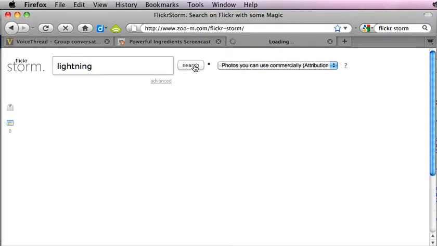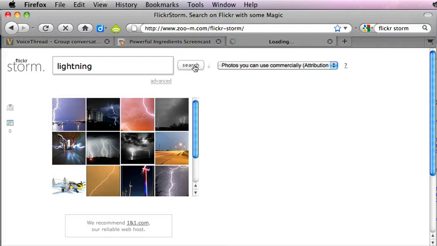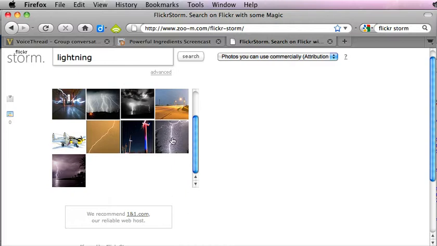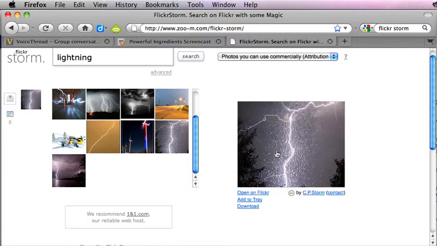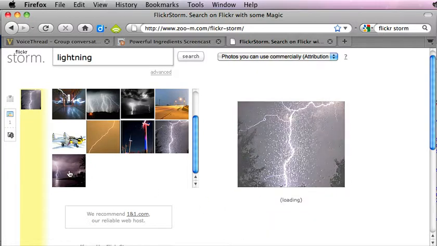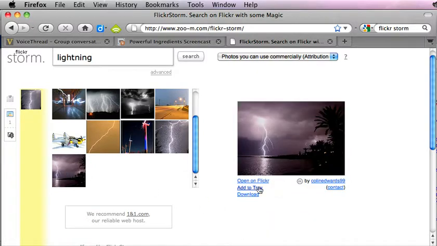When I do this search on Flickrstorm, it's going to bring up several different tabs of images that I'm going to be able to click on and build a library that I could potentially use. So I'll go ahead and click on this image and it will load it up here on the side. If that's an image I like, I'll click this button that says Add to Tray, and it's going to put that image over here on the side. I'll go ahead and click on this image, and again say Add to Tray, and then I'm going to go to another